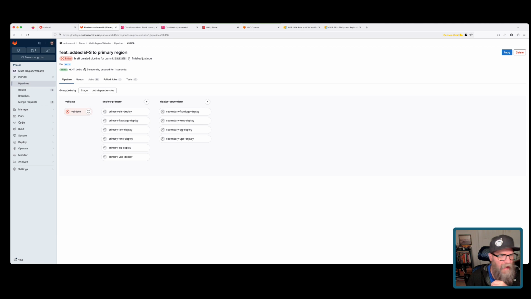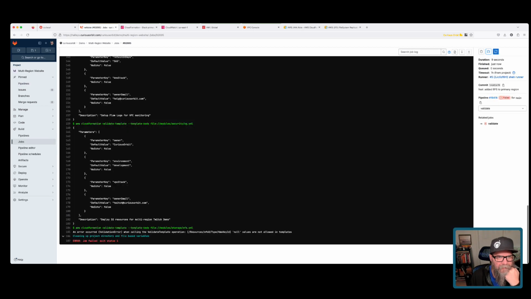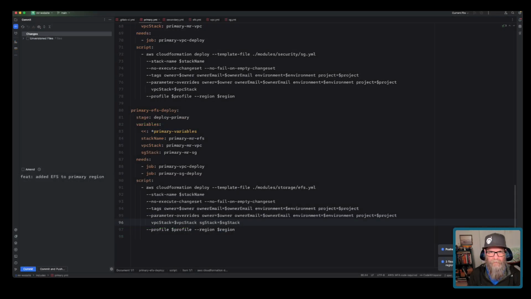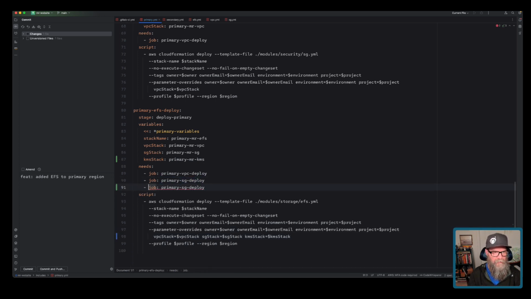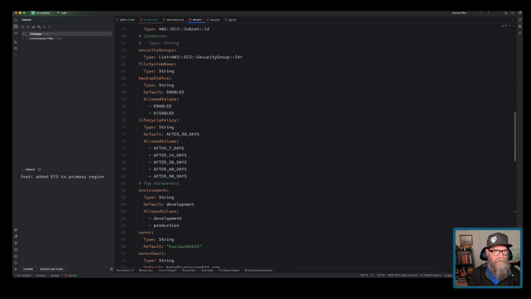What do we got here? Oh, we forgot about the KMS ID. Okay, so go back here, go here. So we actually need here KMS stack is primary MR KMS, and we need to include that down here. And again, we could do something like this to help us build out our dependencies in GitLab like that. And then inside EFS,